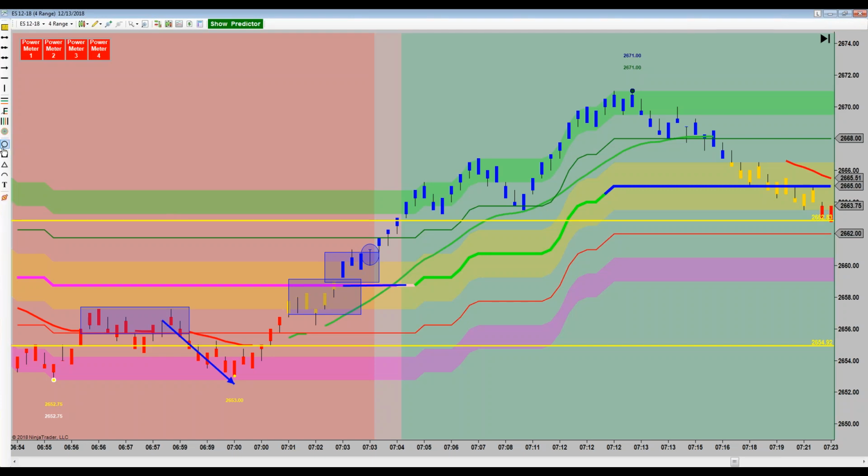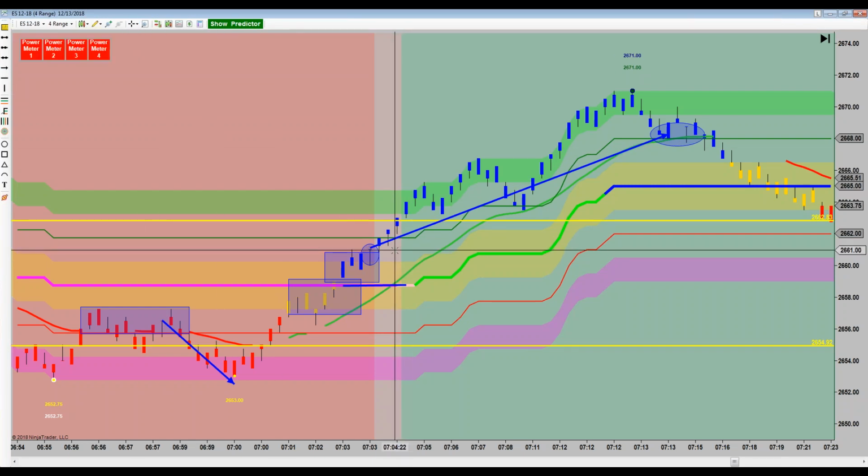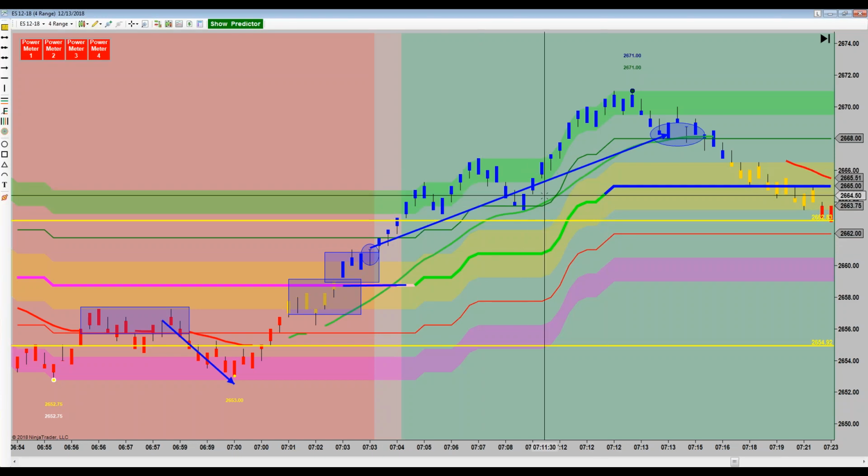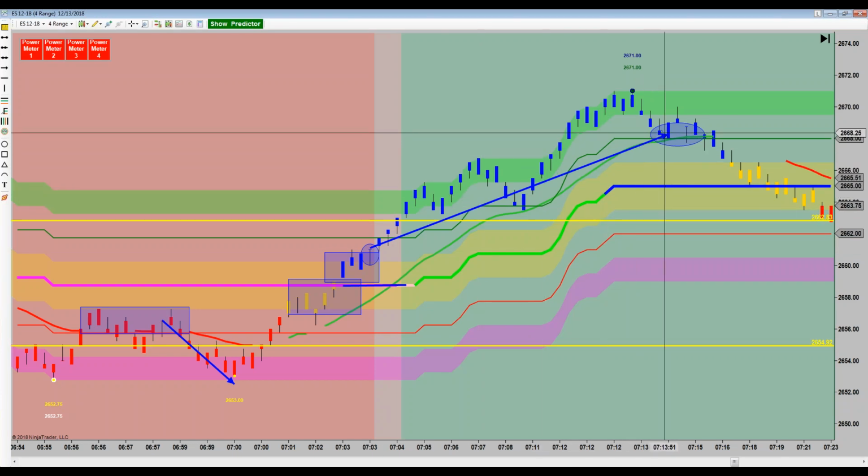So this trade went from there to here where it stopped out, somewhere in that area. And so the trade more or less looked like this. And let's see how much that was worth. You got filled long at 61 again. Trail your stop, trail your stop, trail your stop, and you got out this time at 68. So that is 7 points.